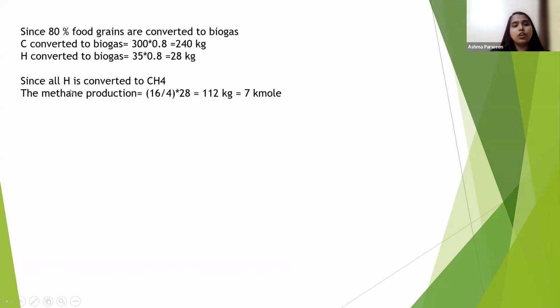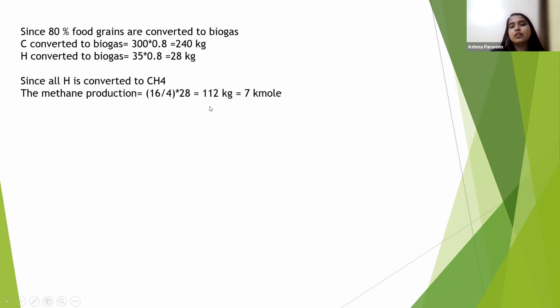So since all hydrogen is converted to methane, the methane production will be 16 by 4 into 28 kg. 16 is the molar mass of methane and 4 is the mass of hydrogen. We can find it by the unitary method. 4 grams of hydrogen are present in 16 grams of methane, or 4 grams of hydrogen produces 16 grams of methane. So 28 kg of hydrogen will give 16 by 4 into 28, that is 112 kg of